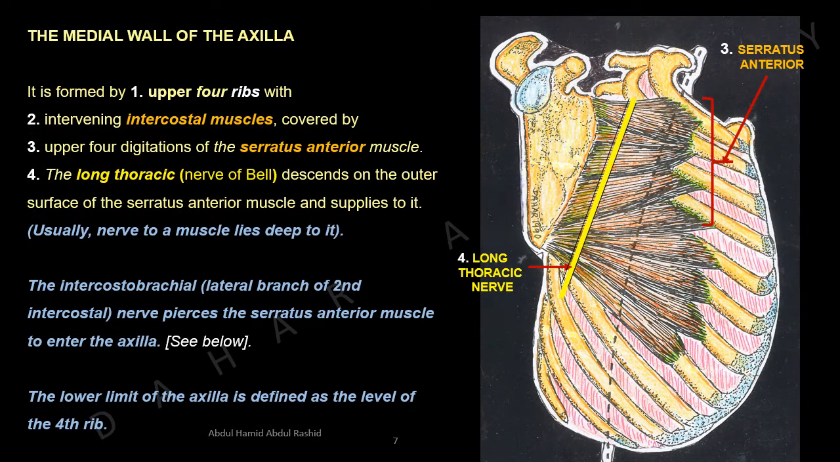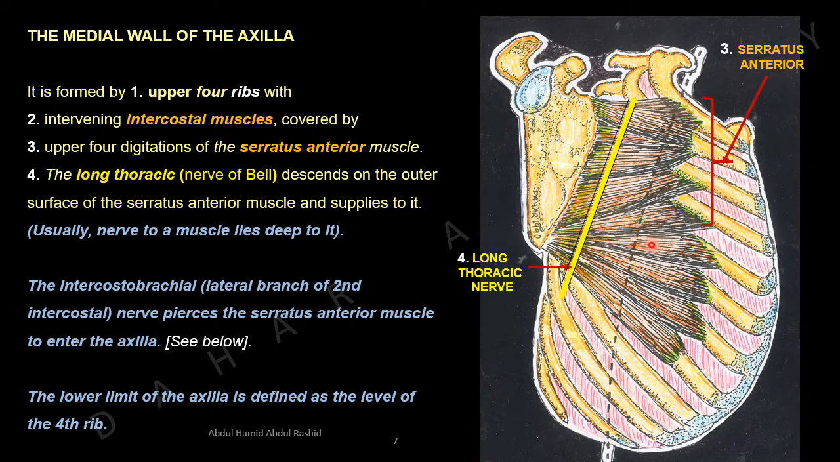The medial wall of the axilla. Look at the diagram. This is the medial wall of the axilla. It is formed by number 1, upper 4 ribs, with number 2, intervening intercostal muscles, covered by number 3, upper 4 digitations of the serratus anterior muscle,